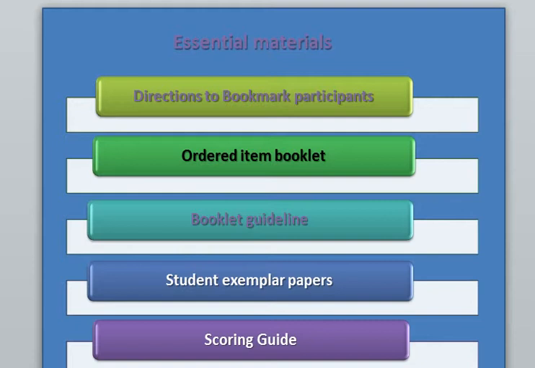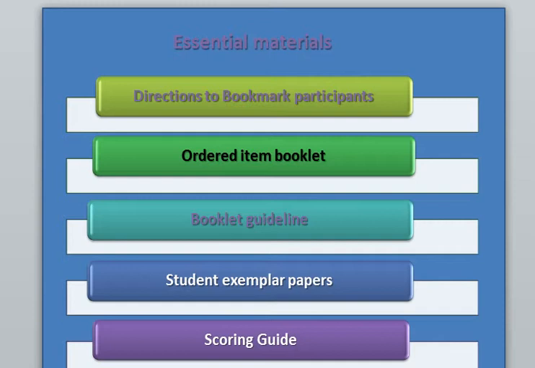So, as I told you, directions to bookmark participants. Directions means those directions which are required to bookmark are noted down for participants.